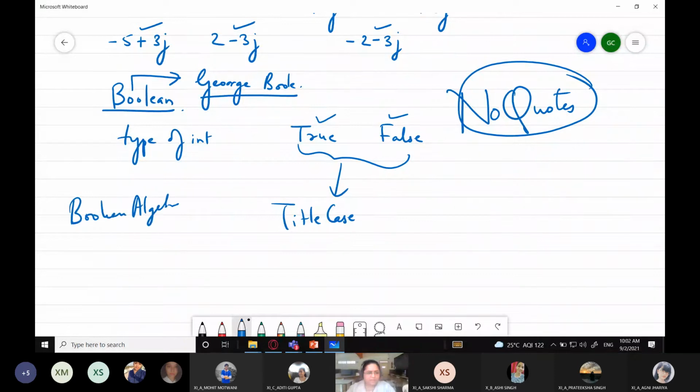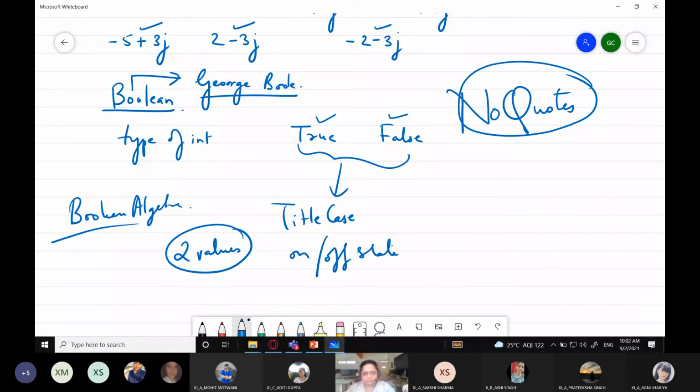Why? Because this type of algebra deals with only two values. That is the on or off state of the computer. They say that this is why the binary number system was introduced, why people thought that binary values could be considered as a language which a computer can understand. That is because it was very easy to make it in the form of on and off state. You have a switch, you just have to switch it on or switch it off. And using that, you can easily create a language.